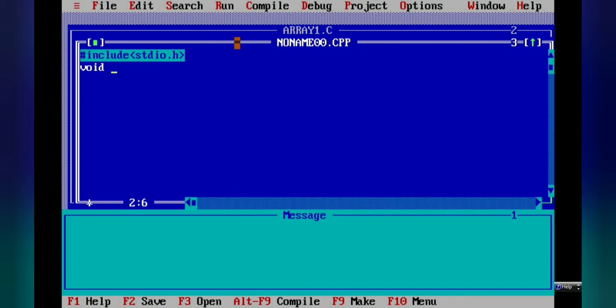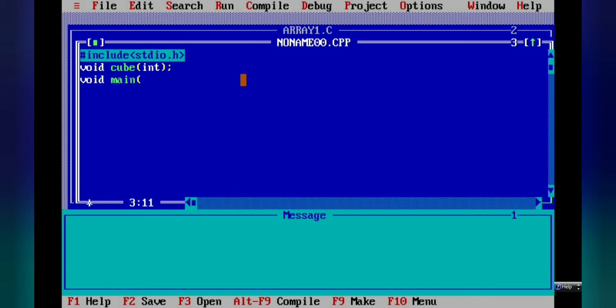Then comes our function name. We want to display the cube of a given number, so the function name is cube. And here we are passing only one value, so in the function brackets the parameter we write is int, and then a semicolon. This is known as the declaration of a function, and it is required when we define our function after our main function. Next is void main.